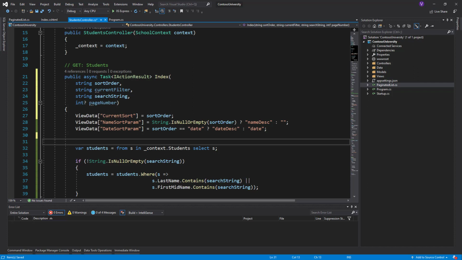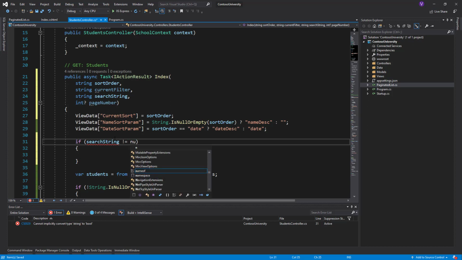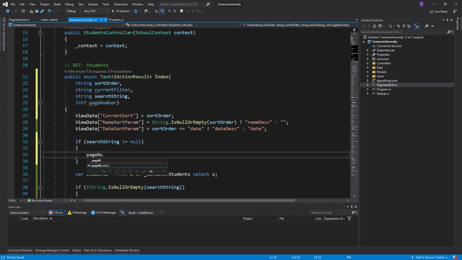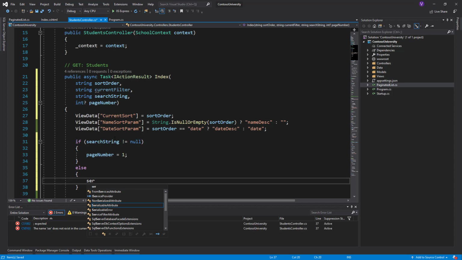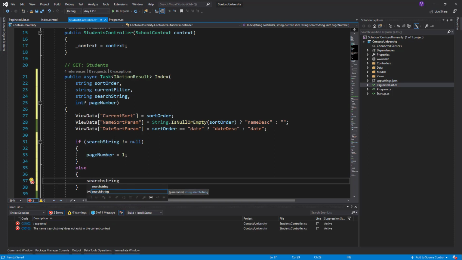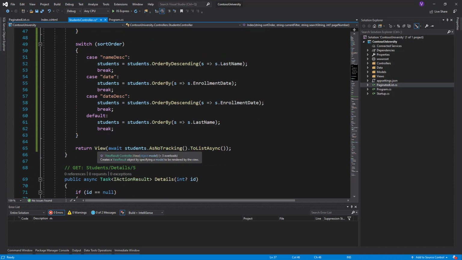Then if search string is not null, then give the page number to be 1. Yeah. Else search string would be current filter. Yep. So far so good, and at the end we should modify a bit the view to await something completely different